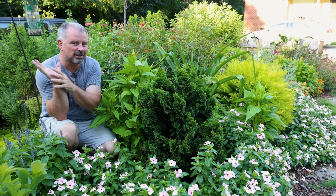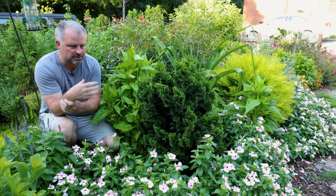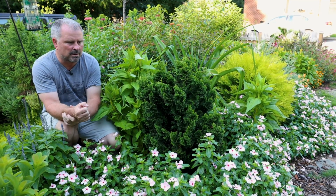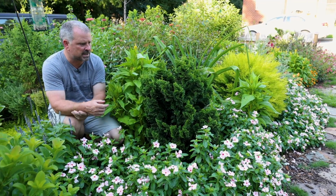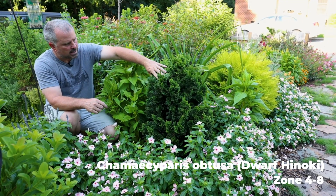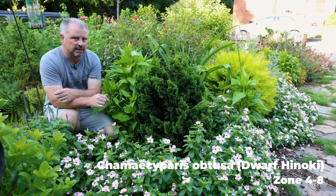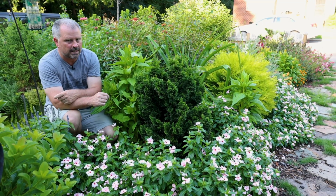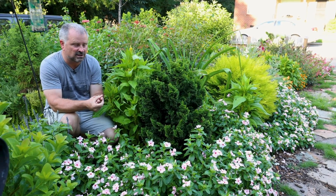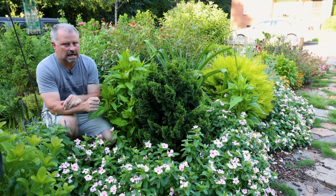Just like this video, the garden started in the back garden space. The front out here had a diseased maple which was taken down. The stump was ground out, and it delayed the start of the front garden project, almost a year behind the beginning of the back garden project. But this dwarf Hinoki cypress was, I think, the first plant added in the front garden space, and it has just done absolutely fantastic. It gets a ton of sun, and once the tree was gone and you really start to take a look at how much sun something's getting, this thing's in the sun from 7 in the morning until 3 in the afternoon, full blazing sun,